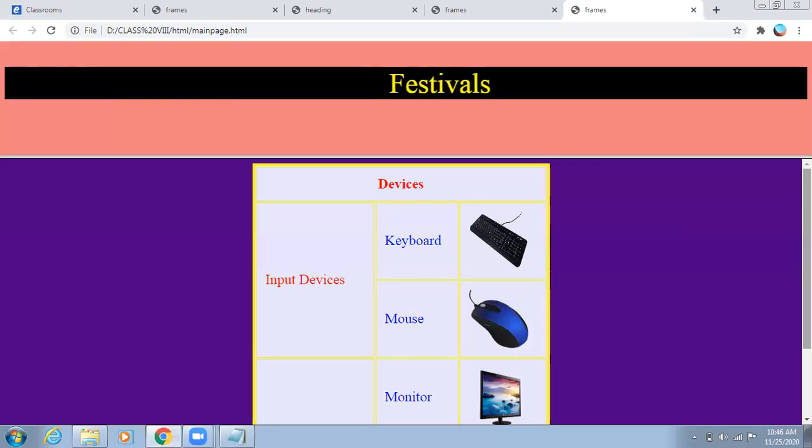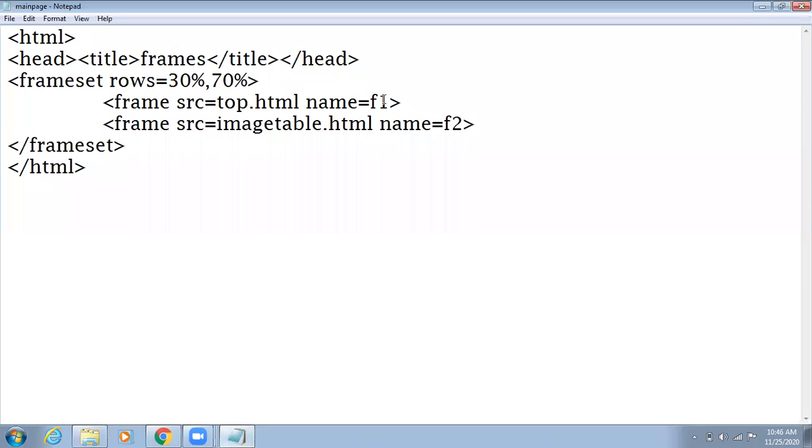Even if it is not coming, you can add one attribute, like here in this frame it is not coming, so I can write scrolling equals to yes.